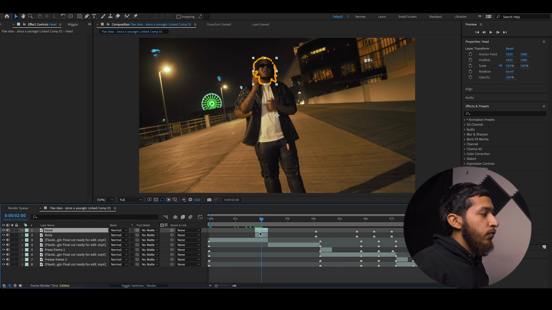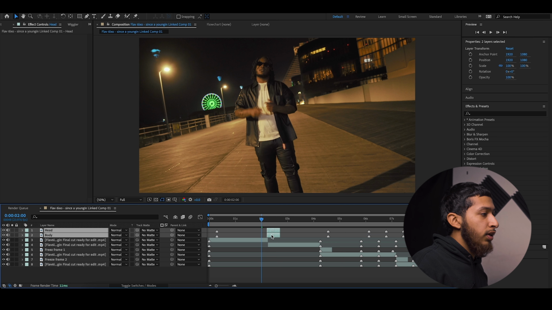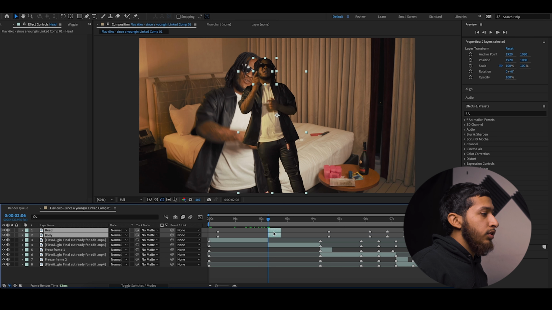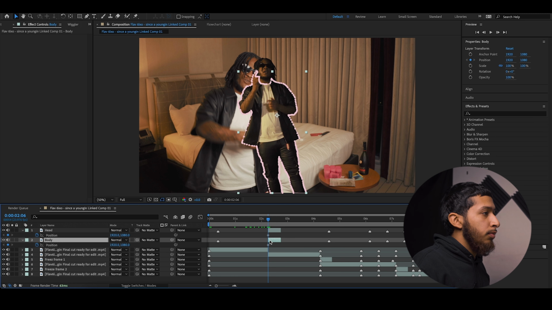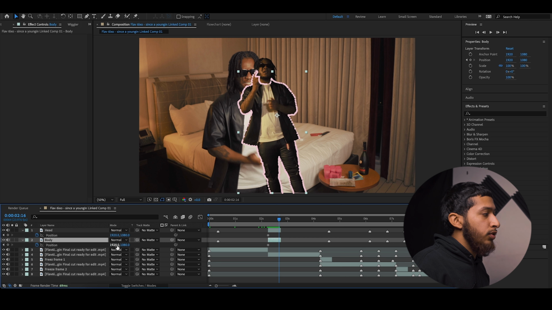All right, so for my first effect here, I have my head and my body cut out. So here I'm gonna shift click the bottom layer and drag these both to the end. Now I'm gonna click on P, then keyframe my position on both clips, and I'm gonna go to my body layer first. So here I'm gonna go to the end of my effect, and then drag this